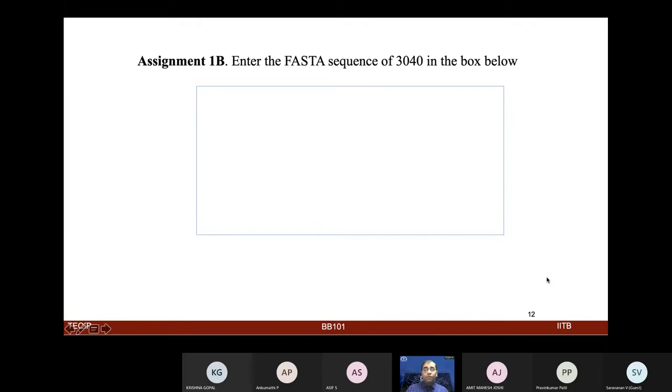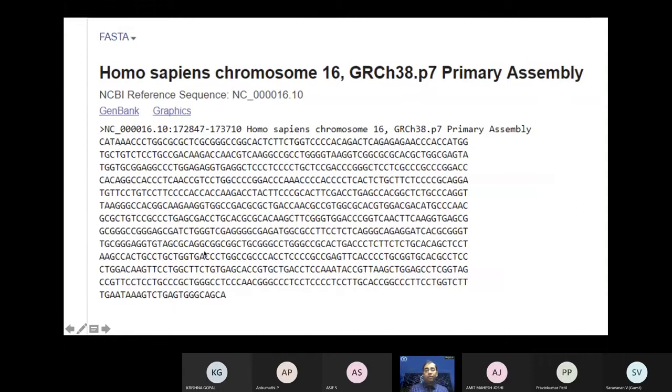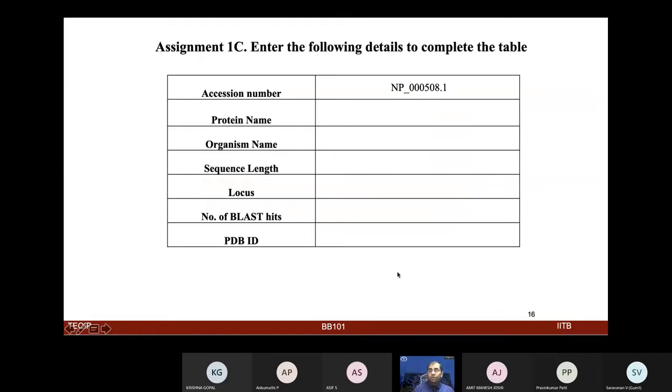Now we want to look at the sequence of this particular gene and fill in the FASTA sequence. If you click on FASTA here, you can get this kind of sequence. This is how that gene sequence looks. We have been talking about sequencing a gene, the ATGC content of it. It shows that this gene is located on Homo sapiens chromosome 16, and this is the entire stretch of ATGC which makes it a unique gene of that particular organism. Now you can enter that sequence in, and this is how you proceed to the next steps.